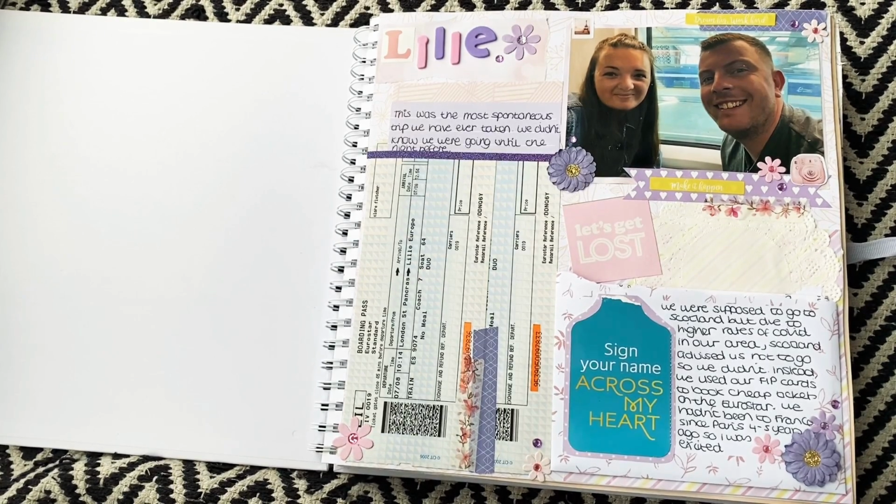Because we both work for the railway, we get really good price tickets for the Eurostar, so it didn't cost us much at all. And we were able to get refundable tickets, and we could cancel them up to an hour before we were due to depart, so that was really handy with what was going on. And it did come in handy because